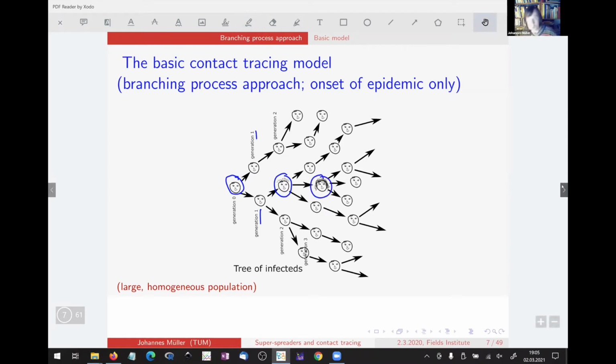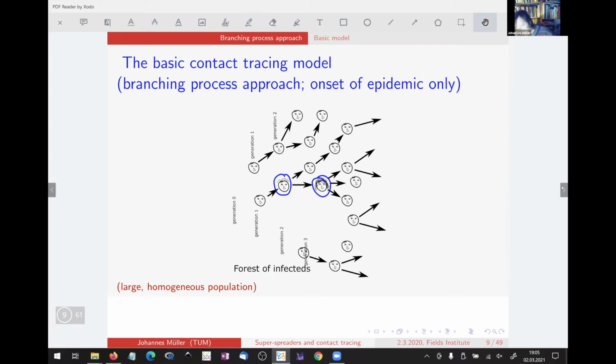That's not, of course, the complete story. Some people will recover earlier or later. But that's important to note: even if, for example, patient 0 is recovered, we still count the generation starting with patient 0. So also if we now have the recovered people who leave this tree of infecteds, of course, if they are gone, still Maxi is generation 2 and Heidi is generation 3, right? So we keep this counting.